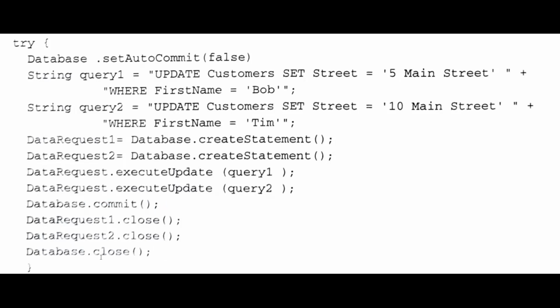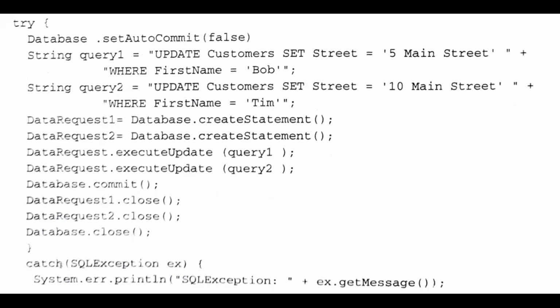Now, how will we get to know that this particular transaction has failed? If the transaction fails, we will get to know using this try catch block. That is the use of try catch. If any one of the queries fails, then obviously exceptions will be raised and the control will move to the catch block. Following this try block there is a catch block, where we are catching the SQL exception.